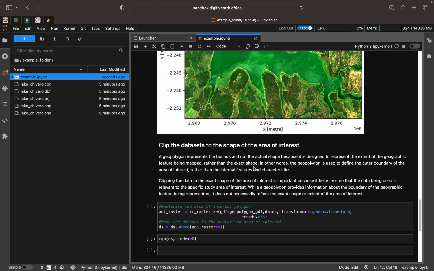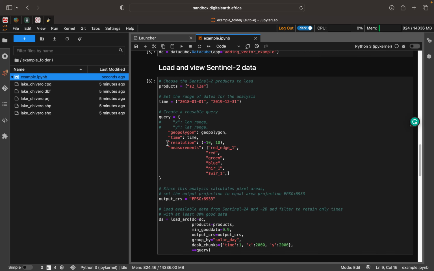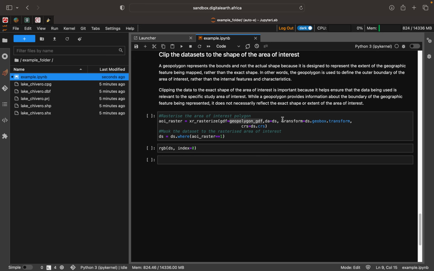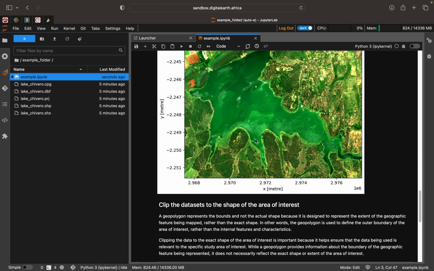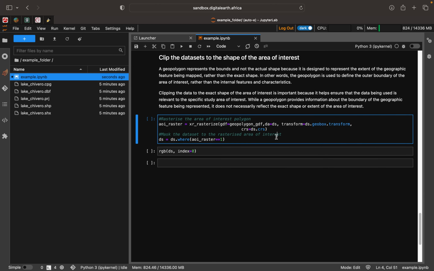So we need to clip, and to do that, we take our geopolygon GeoDataFrame that we extracted here, from which we got the latitude and the longitude range. We need to take that shape and rasterize it so we can use it to mask this area to just the shape of the polygon. So that is what this code is doing. So we rasterize the geopolygon and then we mask